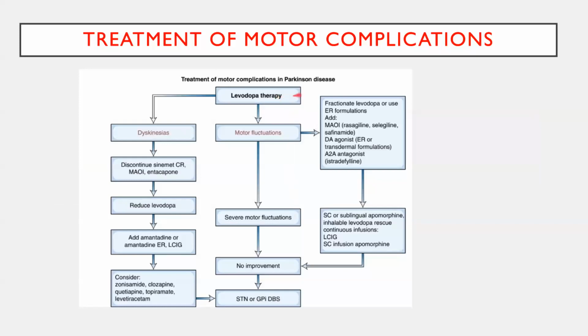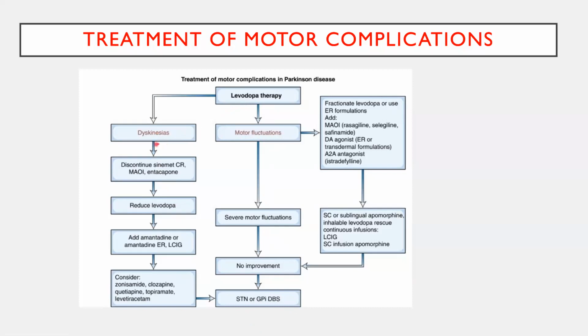So this is the flow chart. You start the levodopa therapy. The patient starts having motor fluctuations in the form of wearing off, unpredictable off, and delayed on. All those things, as I told earlier, need to be managed by altering the drug doses, frequency, and add-on therapy. If severe fluctuations are there and not manageable with the drugs, you can tell them to undergo surgical intervention.